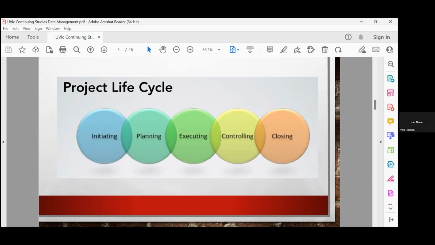So once you start executing, you enter another critical component of the project lifecycle, which is controlling the project. Meaning, okay, I said I'm gonna do this. You're actually doing this. What are the results that I'm obtaining? Is this what I was expecting? Is this different? Is this more? Is this less? This is where the concept of the 3 and 4 constraints actually comes into play very strongly,